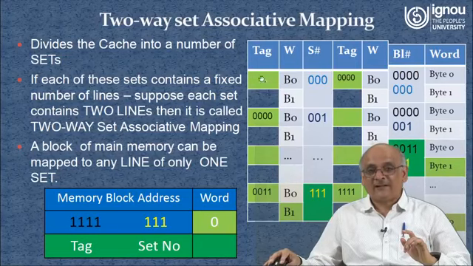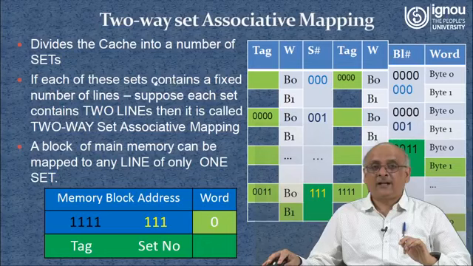So set associative, that is what it is. It divides the cache into a number of sets, and each of these sets contains a fixed number of lines. So 1 line, 2 lines: this is 2-way set associative. Had it been 4, it would be 4-way set associative: 1 line, 2nd line, 3rd line, 4th line. A block of main memory can be mapped to any line of